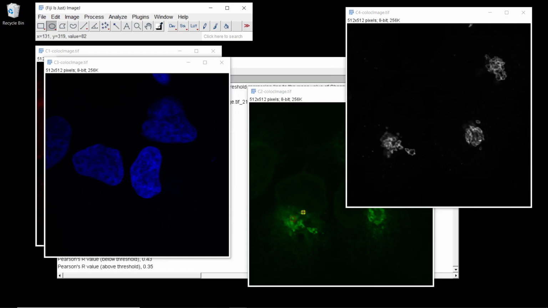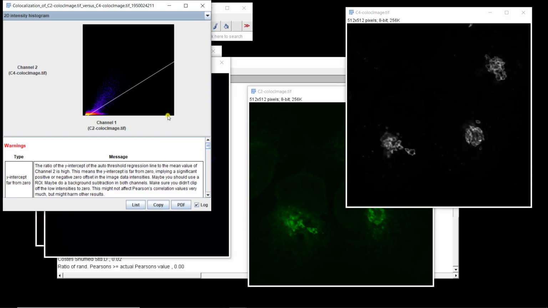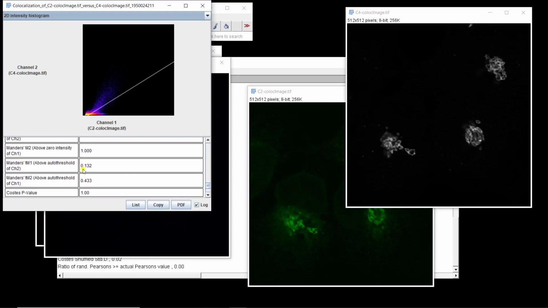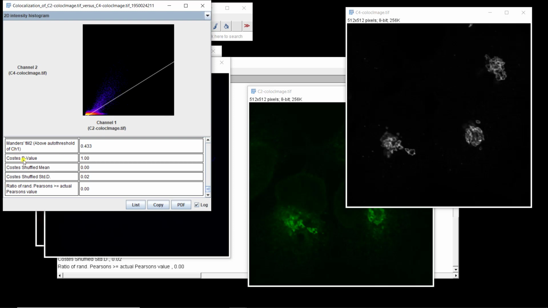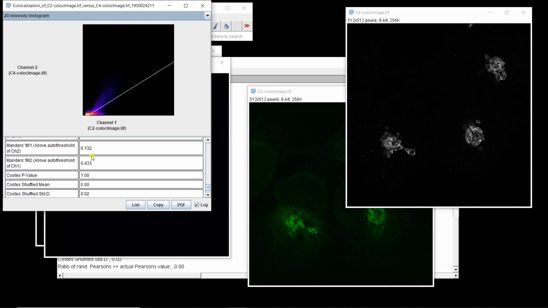All right. So it takes some time because you need to permute, but here we just defined a permutation of 50, which is pretty low, and we can look at the results. So if we look at the p-value, it's not actually the p-value. You need to do 1 minus the Costes p-value to get your p-value, which would be 0 in that case, highly correlated. And if we look at the Manders coefficient, we have quite high here, lower here, so it's in